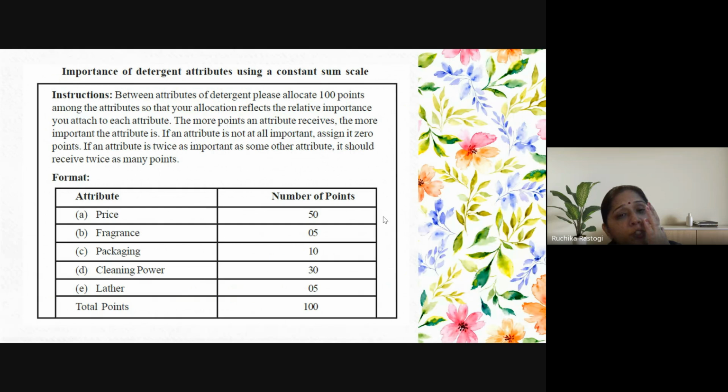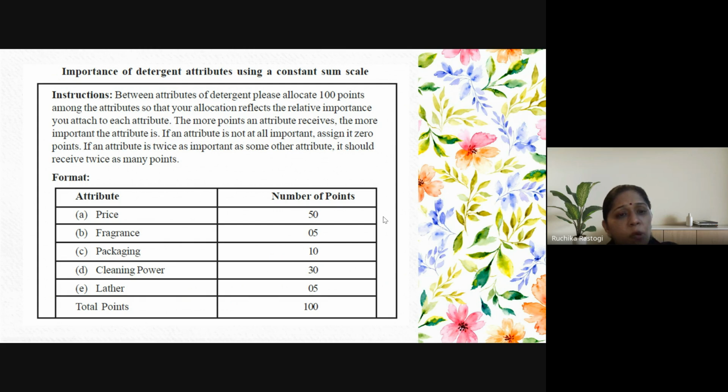So again, what is to be done? All the characteristics can be put in one table, and out of 100, it is up to you what marks you want to give each attribute. If you want to make a total out of 100, that should be clearly mentioned in the questionnaire, and you tell the respondent that the total should not go beyond 100, or 200 if that is the total. In that case, the respondent will use their own mind and decide that, if the total is 200, they would give the maximum marks to price, because the price is very good.